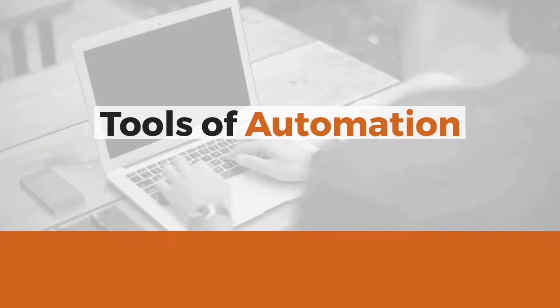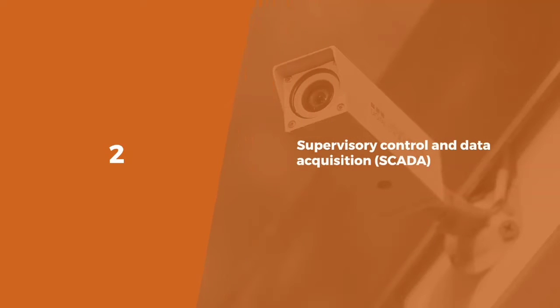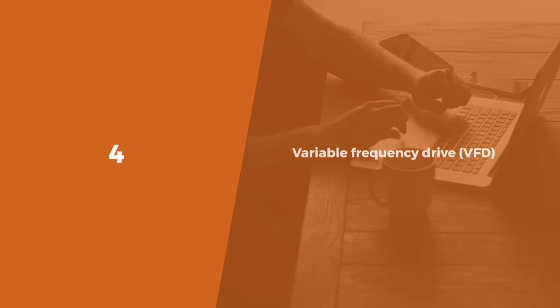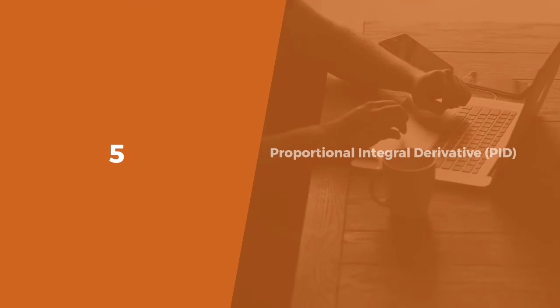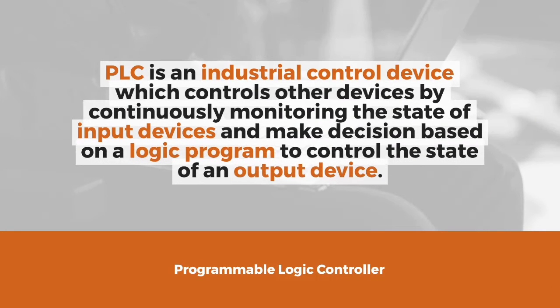Tools of automation. 1. Programmable Logic Controller. 2. Supervisory control and data acquisition. 3. Human-machine interface. 4. Variable frequency drive. 5. Proportional integral derivative. Programmable Logic Controller (PLC) is an industrial control device which controls other devices by continuously monitoring